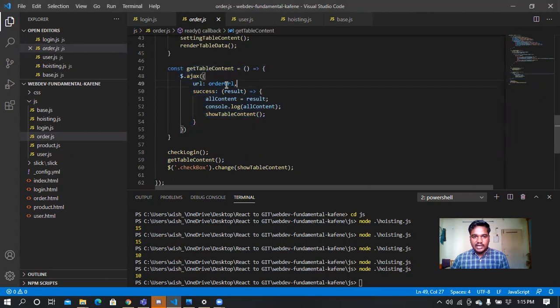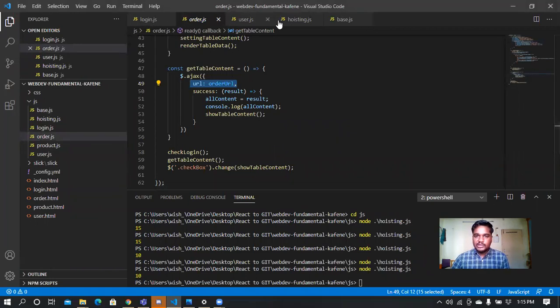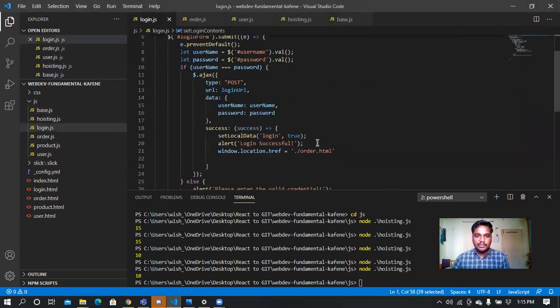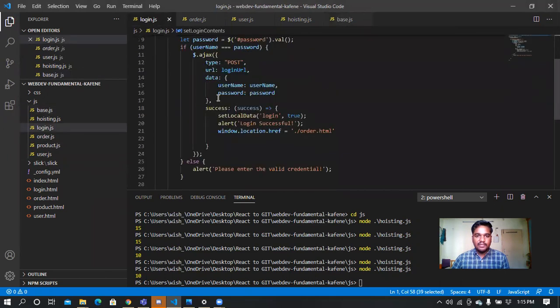In here, in get table content, for all the files, what it will do is it will first call the URL, which we have explicitly mentioned in the base.js files. So first it will call the URL file.